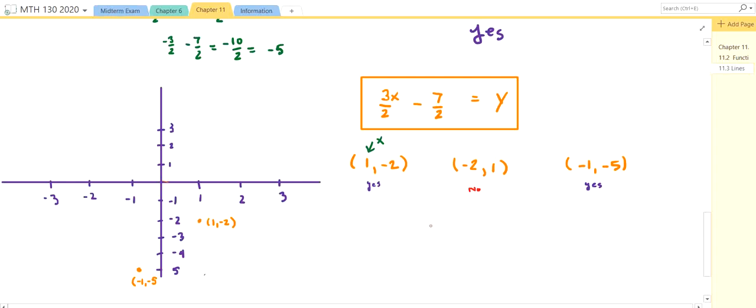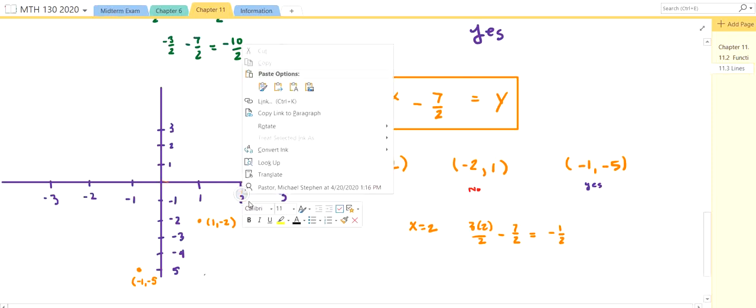Let's find another point that satisfies the equation. Suppose that x equals 2. If x equals 2, what does y have to be? So if x equals 2, we're going to look at 3 times 2 over 2 minus 7 halves equals, so that's 6 halves minus 7 halves equals minus 1 half. So if x equals 2, then y equals minus 1 half. That's here. Now notice,